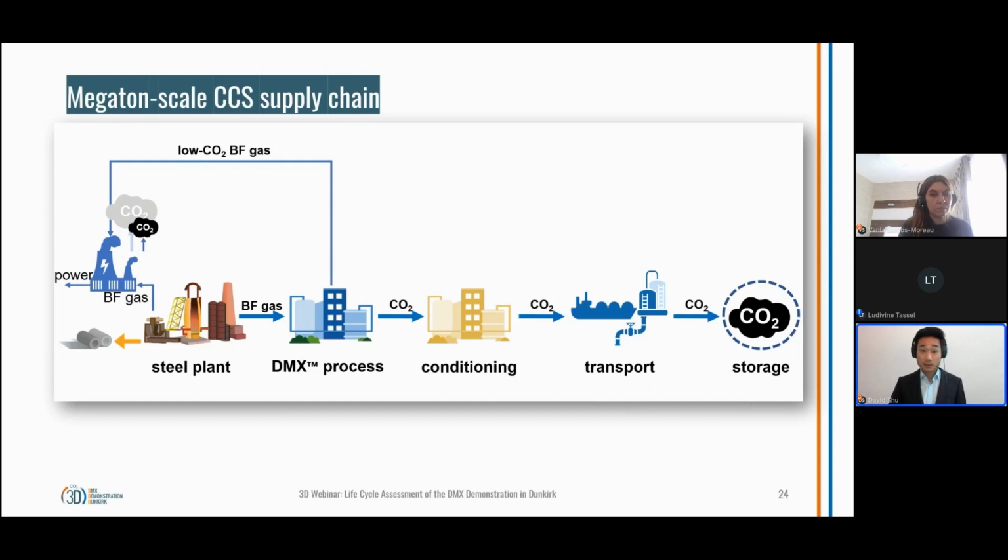I would like to point out at this point that the DMX process itself, but also the conditioning process, are extremely energy intensive. We require both a lot of heat and also a lot of electricity. And we know that energy consumption is often associated with greenhouse gas emissions, which is problematic, of course. And therefore, the 3D team tries to reduce the environmental impacts, but also the cost of the CCS process by